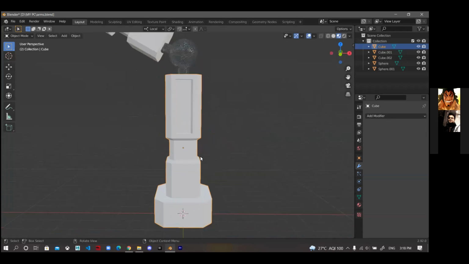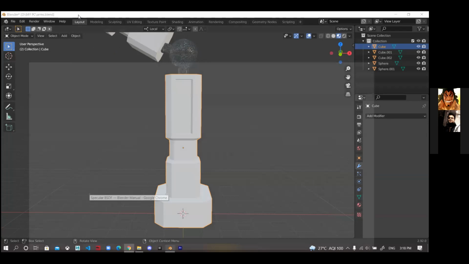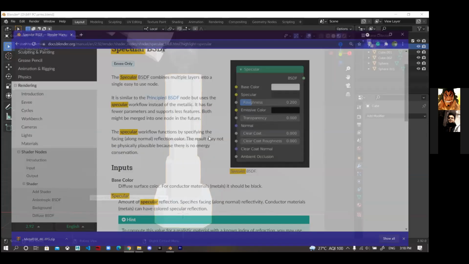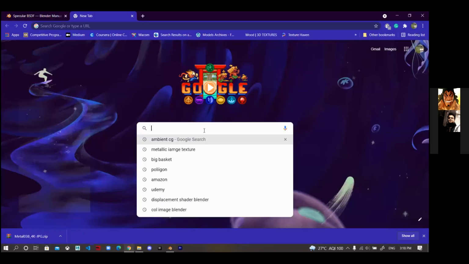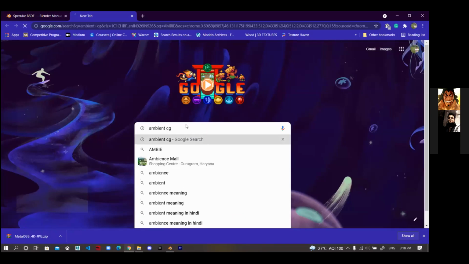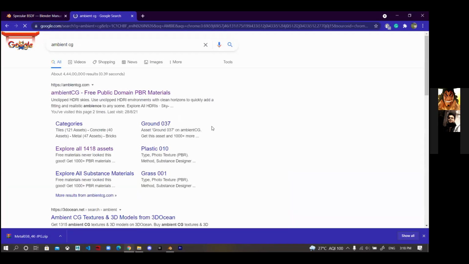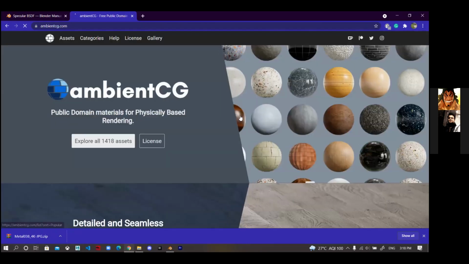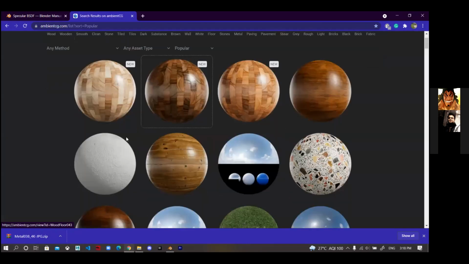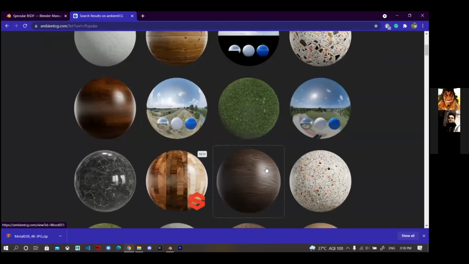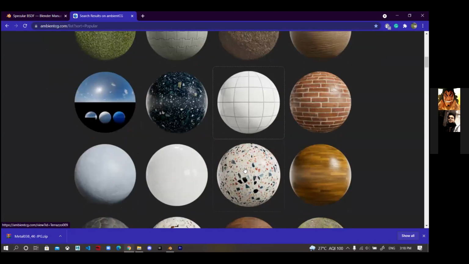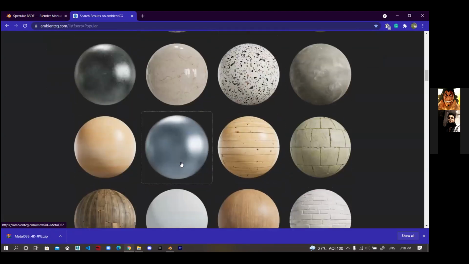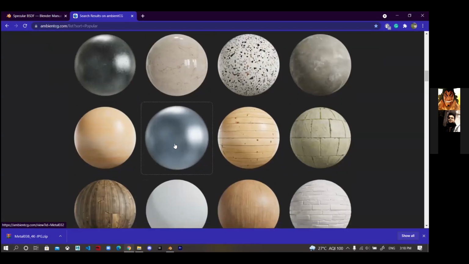We can download image textures online. There are so many sites with many material textures.